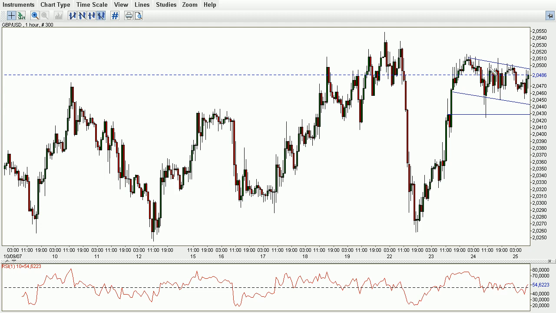Then if we have a break above any of the resistance areas formed from this pattern, or what I mean is this peak here, or if our price closes above this certain level of